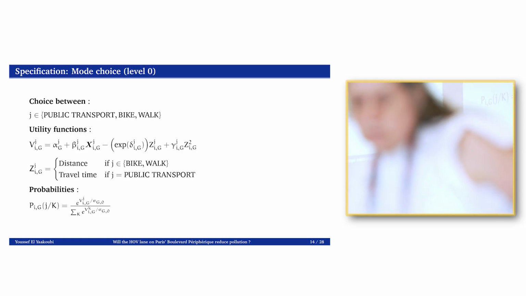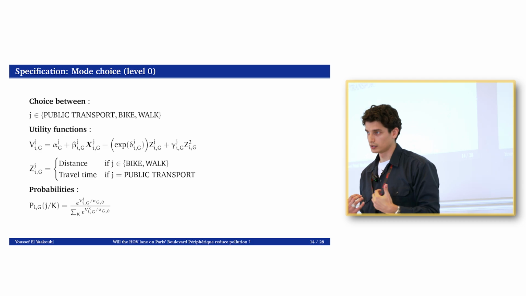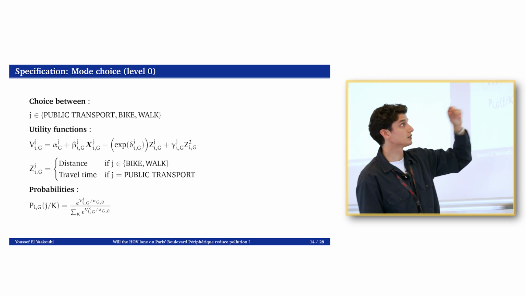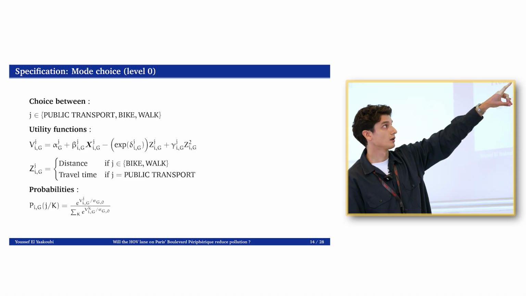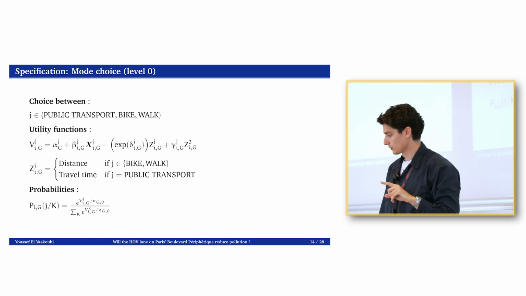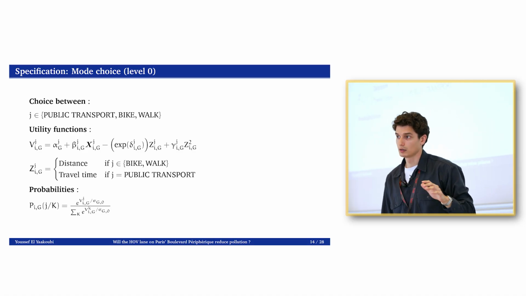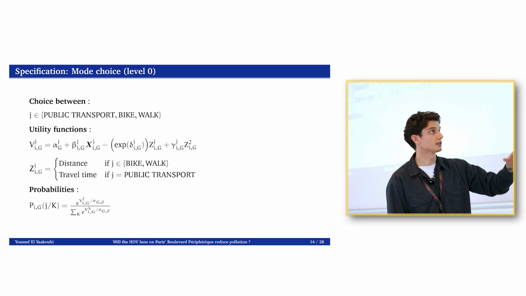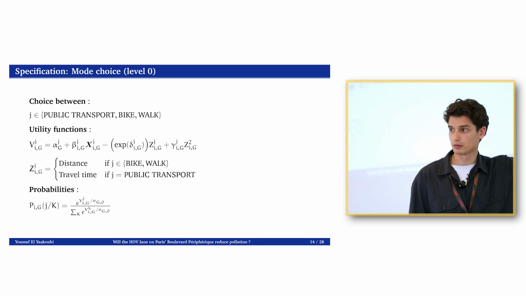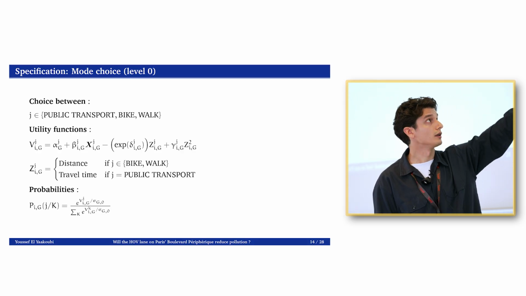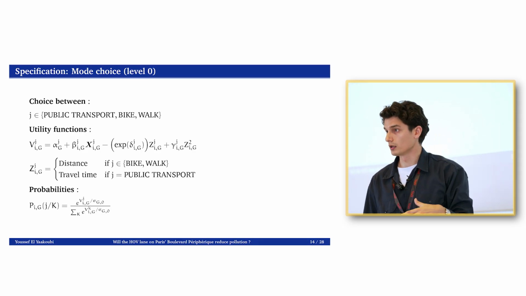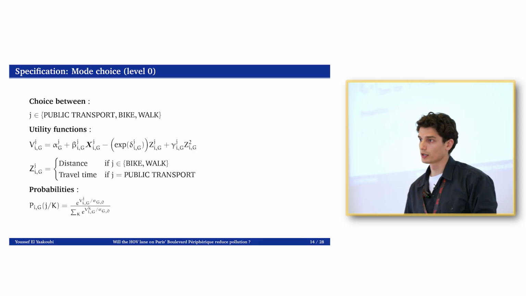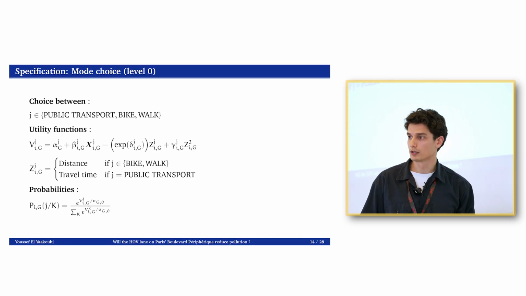The longer you travel, the more it decreases your utility. So this is the specification. For the base alternative, the reference alternative, which is walk in our model, we imposed this value to be -3. If we suppose that we walk at 4 kilometers an hour, it will give you